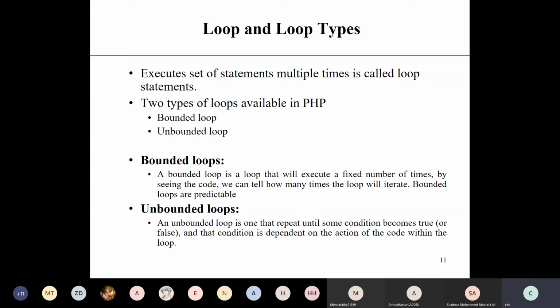Bounded loop is what? It will execute a fixed number of times. By seeing the code, you can predict that this loop will execute 5 times, or this loop will execute 10 times. This is a bounded loop. Unbounded loop is based on true or false. It repeats until some condition becomes true or false. That is known as an unbounded loop.